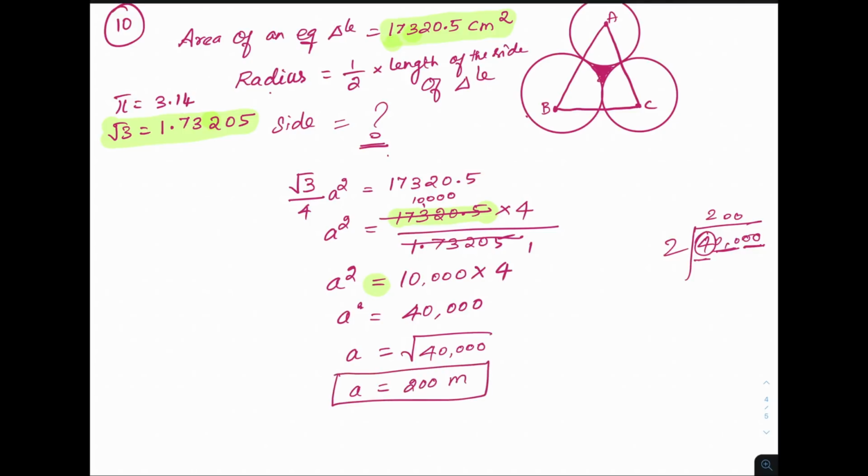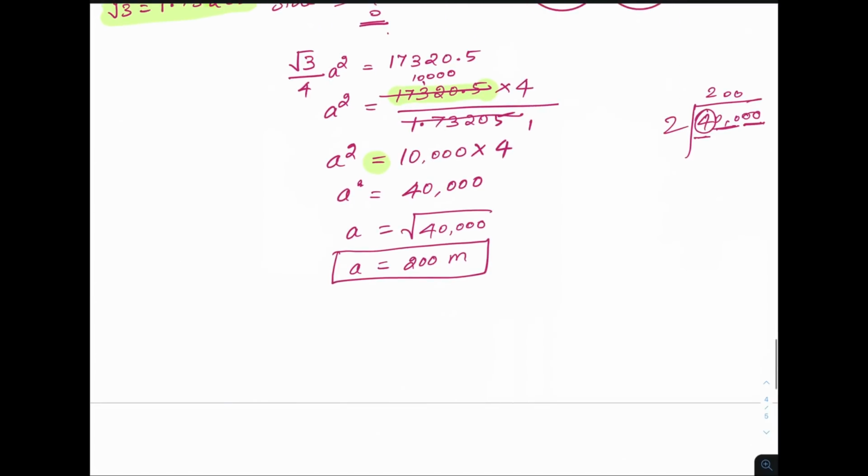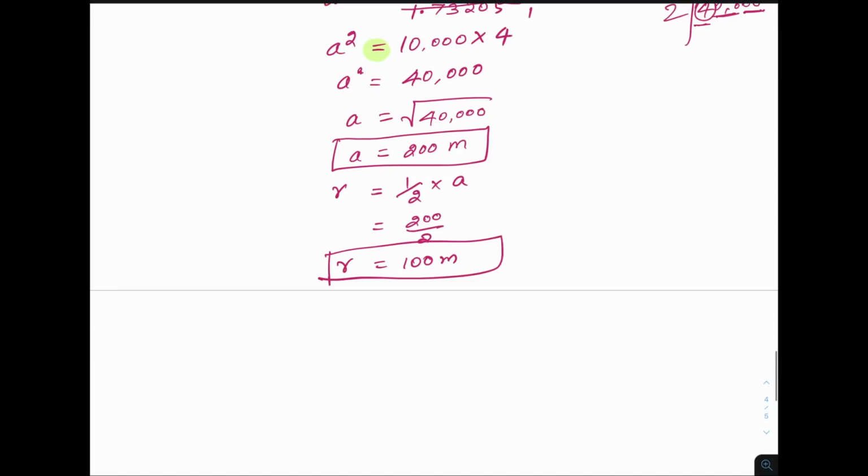So this is the side of the triangle. So the side of the triangle we know. So the radius we can find as half of a. Half of a is 200 divided by 2 gives 100. So we know what is the radius. Now we can easily find the area of the shaded region. So area of shaded region is equal to